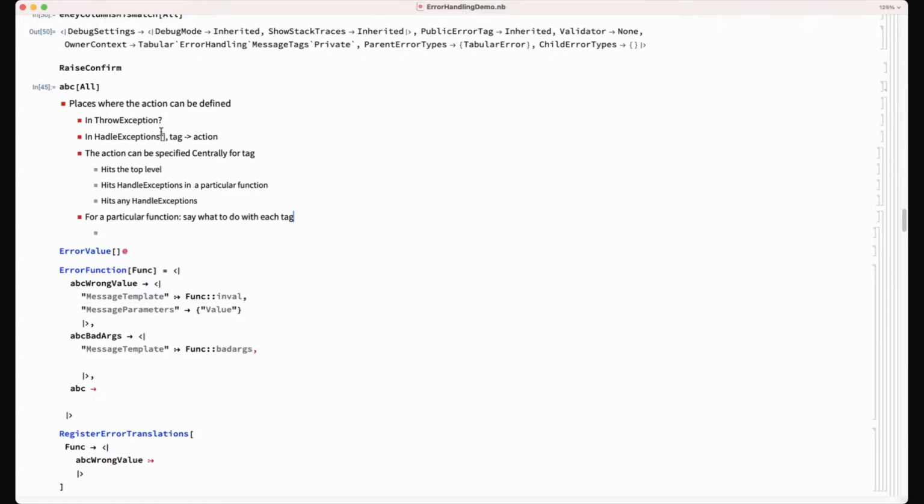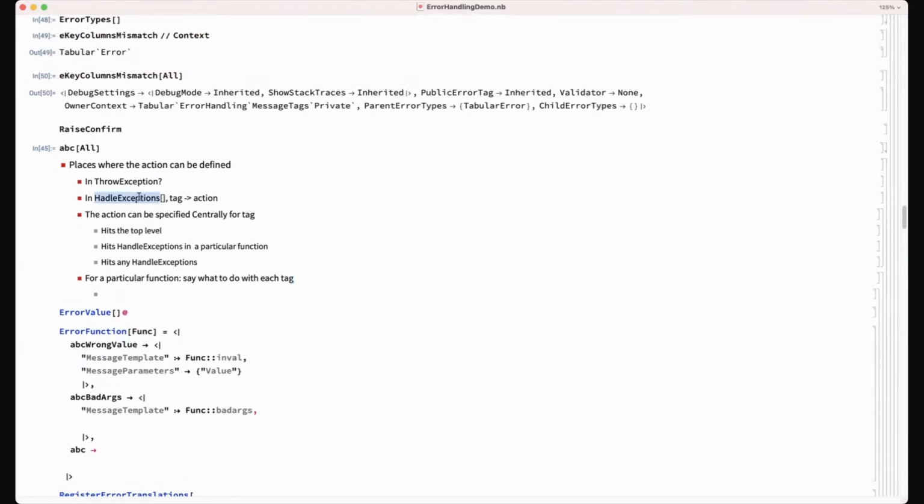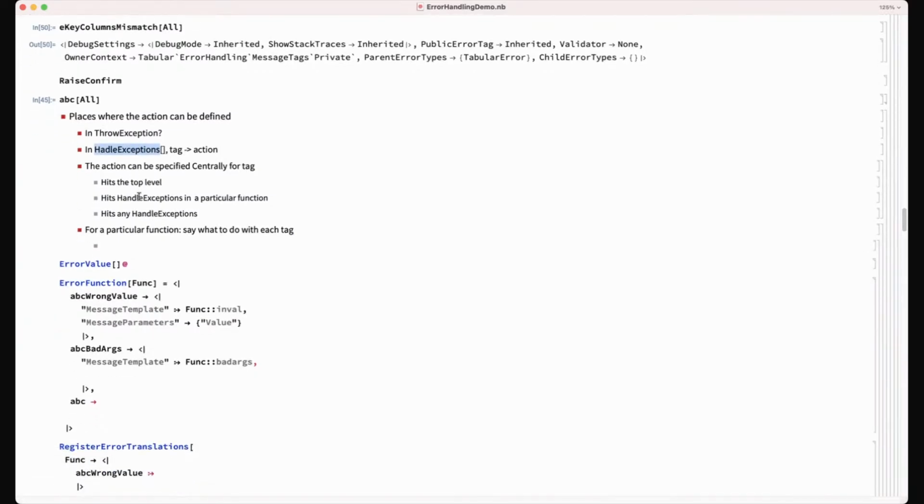I think what Leonid is saying is that for the third and fourth, you have to define which takes precedence. We're not saying what takes precedence. I'm making a list of what the possibilities are. I'm not saying what precedence is. All right, but Steven, in practice we will hit a very particular instance of handle exceptions, which, if it's within a particular function, there will be rules for that, and if those rules are omitted, then we use a more general rule for the tag.